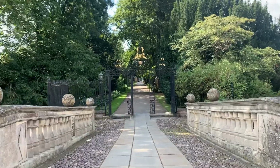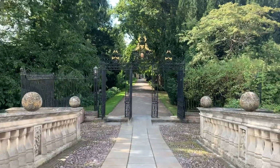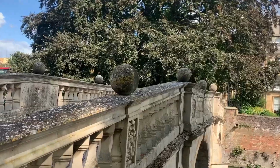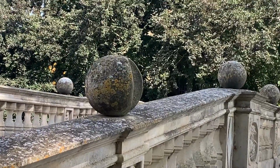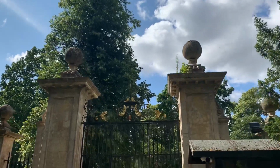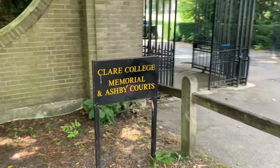A college superstition about this bridge is that you should never walk through the middle, as that will mean you'll get a third, so always walk on either side. There is also this wedge on the bridge that has so many stories attached to how it happened. And then if you just keep walking down the path and then cross over the road, you will get to